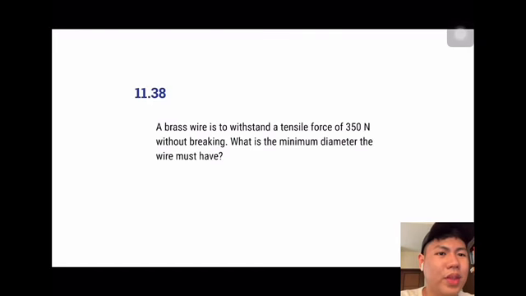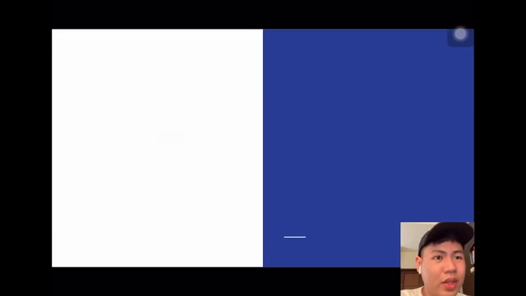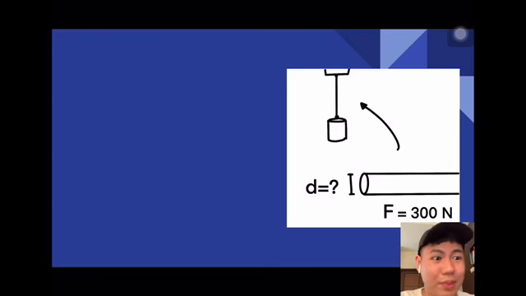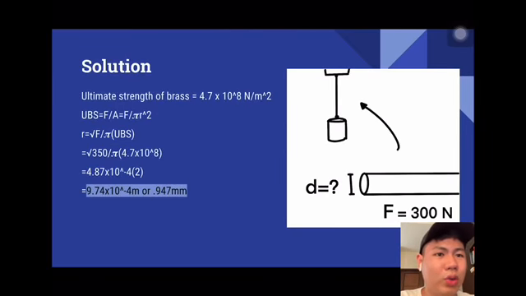Our first problem: a brass wire is to withstand a tensile force of 350 newtons without breaking. What is the minimum diameter the wire must have? For our given, we have a force of 350 newtons, and we're looking for the diameter. So this is a diagram I drew up, and the first thing we have to do is look for the